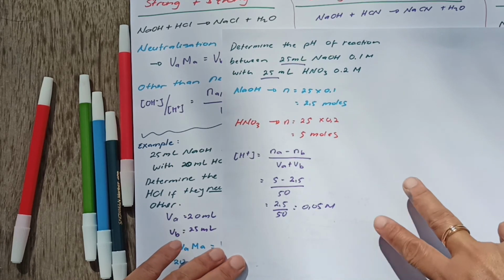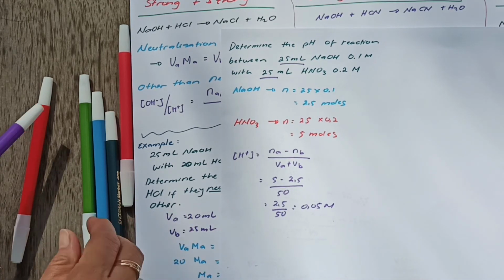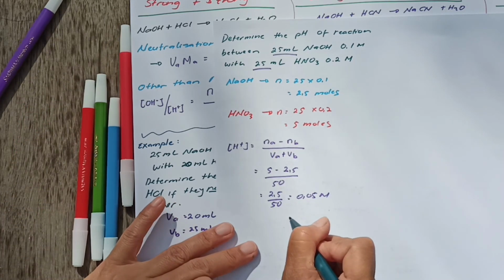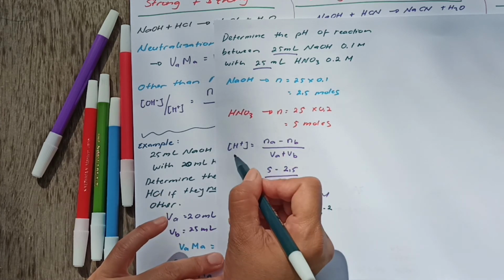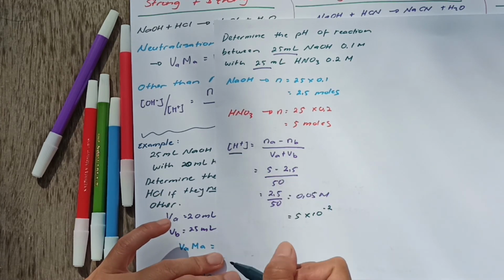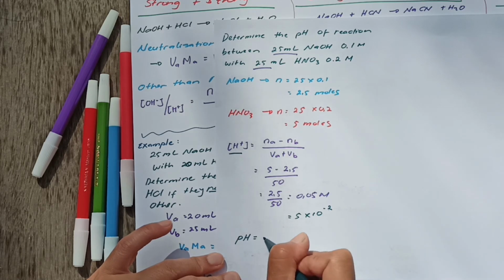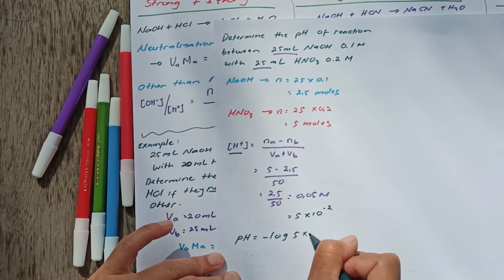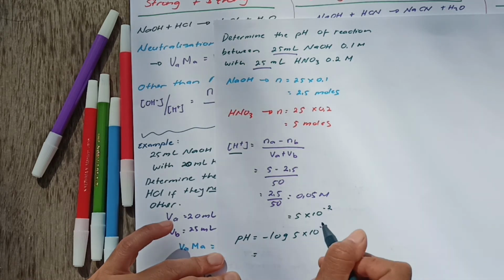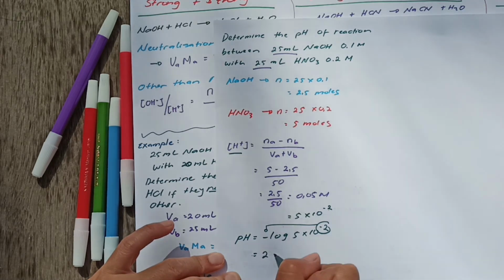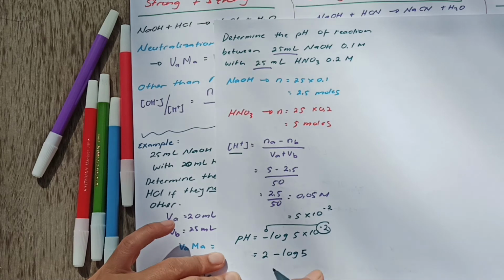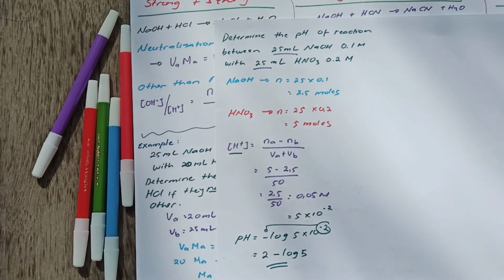Now, you already have this one. Turn it into 10 to the power of something, which is 5 times 10 to the power of minus 2. Remember this is H, so you will have pH straight away: minus log of 5 times 10 to the minus 2. So this 2 will go here, while 5 will stay. So you have 2 minus log 5. Okay, I hope you have a better understanding now. Then we will move on to the one with strong and